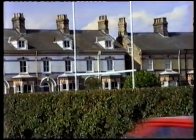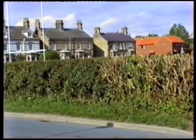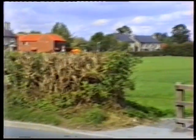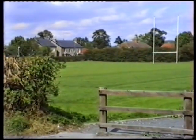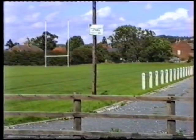Further along we have the rugby club. Unfortunately, when I was taking this picture, a rugby match had just finished, and it was rather inconvenient to wait for the next one, so I can just show you the